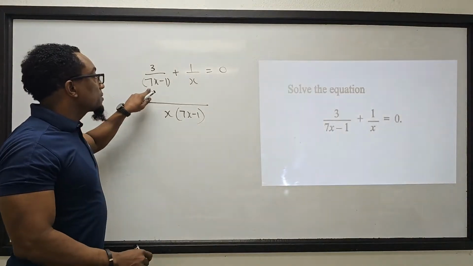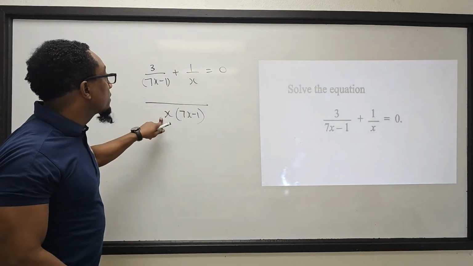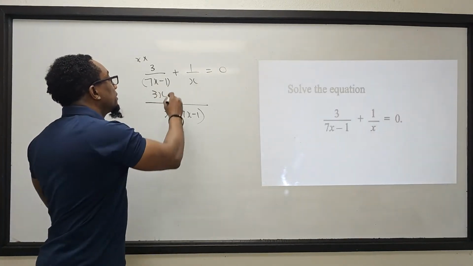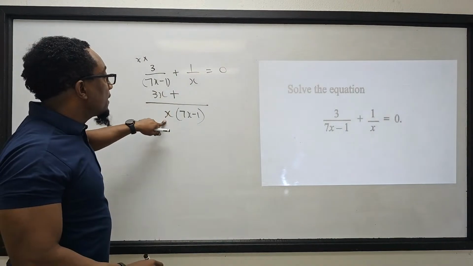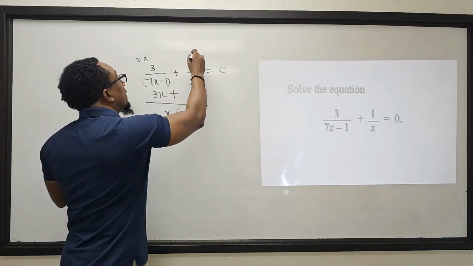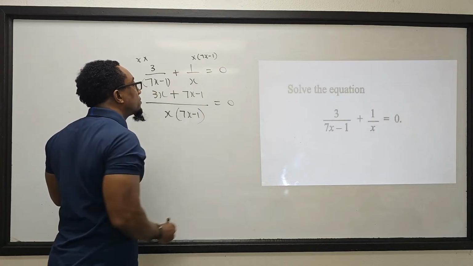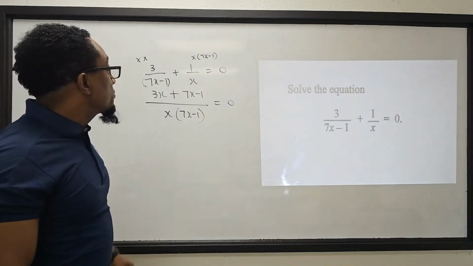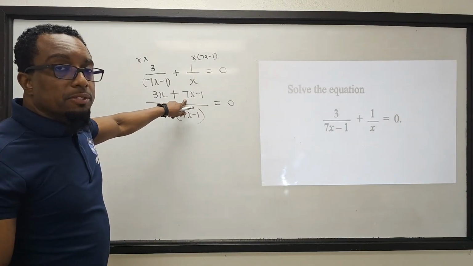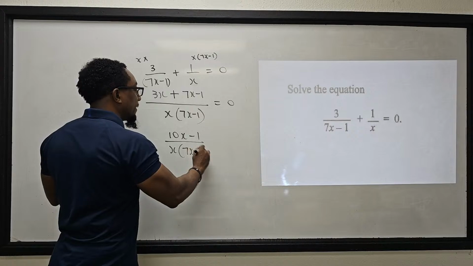So I'm dividing 7x subtract 1 into the LCM. 7x subtract 1 into 7x subtract 1 will give us x. x by 3 will give us 3x. Bring down the addition sign, plus. x divided into x is 1. So I'm left with 7x subtract 1. 1 by 7x subtract 1 will give me 7x subtract 1, is equal to 0. Let me simplify what I have on the left further. I have my like terms, 7x plus 3x will be 10x subtract 1 over x into 7x subtract 1 is